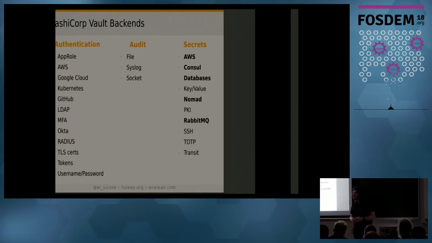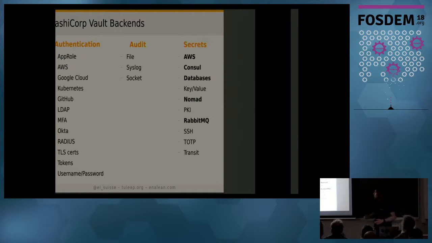The audit capabilities of Vault are really nice because every action is logged, and you can choose where the information goes. You can store it in a basic file, or push it into syslog or whatever socket you have. For example, you can push it directly into Logstash to be able to do some verification and analysis on what's going on.